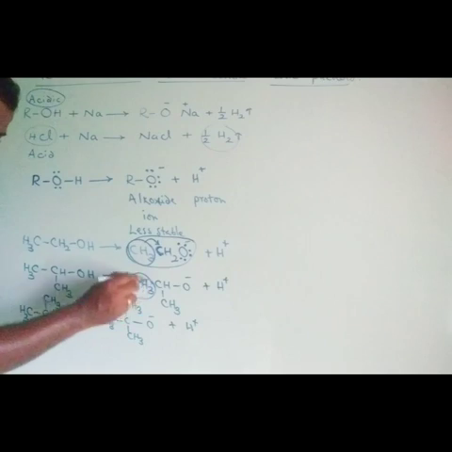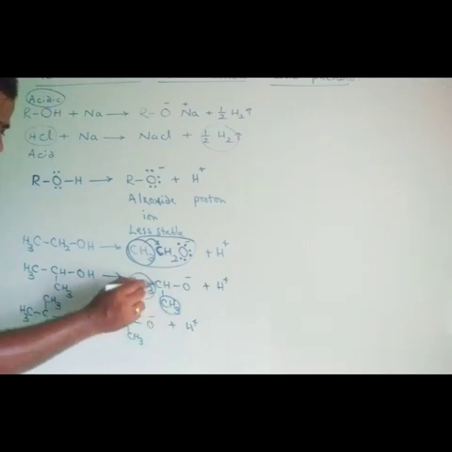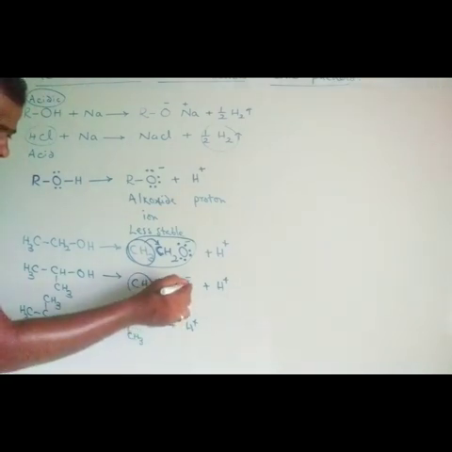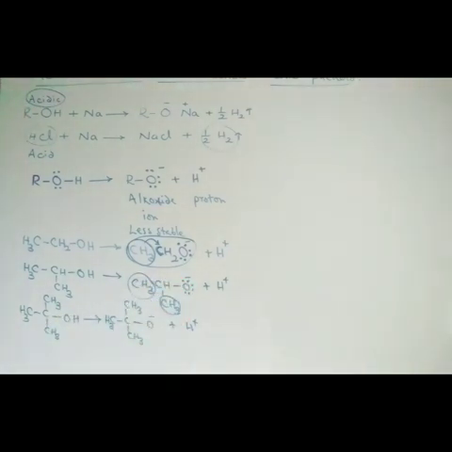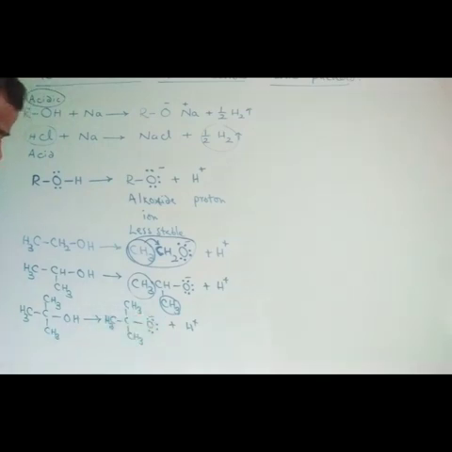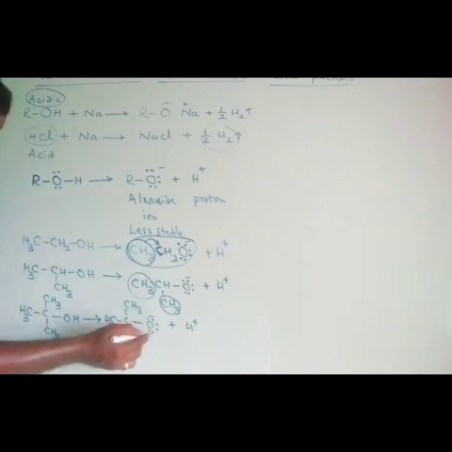And if you look into the secondary alkoxide ion, it has two alkyl groups linked to the oxygen-linked carbon. So they increase the electron density to a greater extent than in the case of the primary alkoxide ion. So the secondary alkoxide ion experiences greater electron density. And in the case of the tertiary alkoxide ion, there are three alkyl groups linked to the carbon which is linked with oxygen. So here all three alkyl groups will contribute electron density. They will increase the electron density on carbon, which in turn increases the electron density on oxygen. So the oxygen electron density will be increased to an even greater extent.